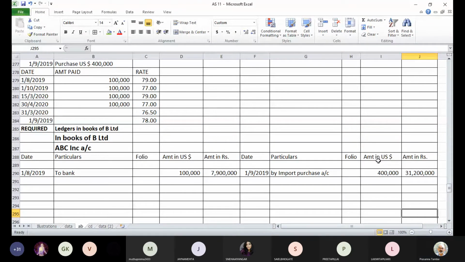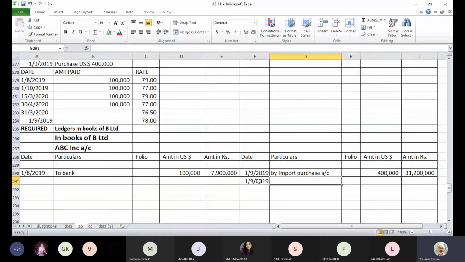Now, when you book the transaction of purchase, your rate is 78 rupees. Whereas when you paid the advance, the 1st August 2019, the rate was on a higher side at 79 rupees. Obviously, you have paid 1 rupee extra on that day as compared to the date of purchase. So this extra 1 rupee you have actually paid per dollar as an advance will become a part of your FX fluctuation loss. So this loss will be transferred to FX fluctuation account. So on 1st September, we need to transfer this loss.